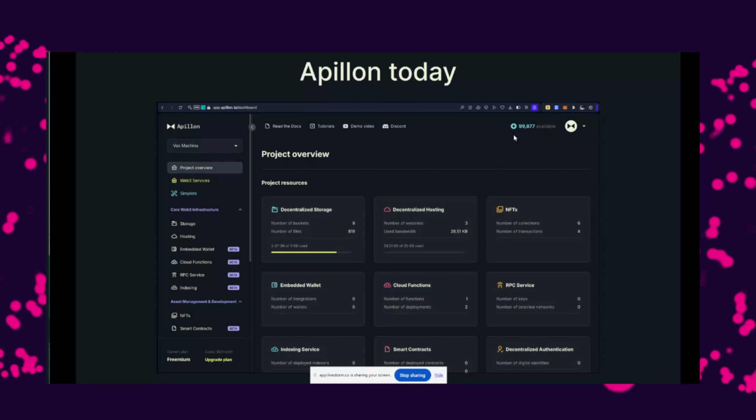You will just reach out to us and we'll print you some credits, and you will be able to go forward. In case you go to production with your product and you still want to be on Apelon, we will find a way to support you, and to the extent where you start scaling, we'll find a way, and you should not worry.